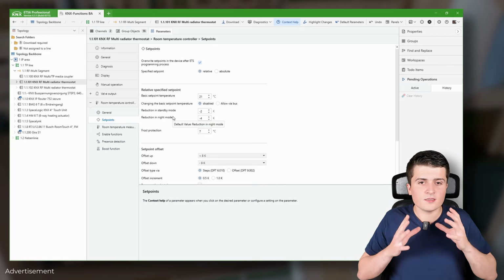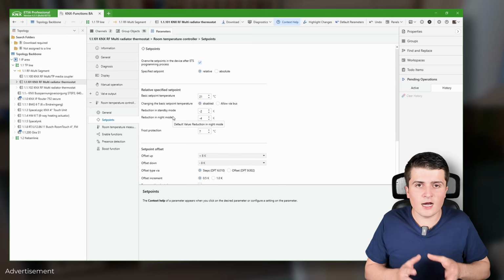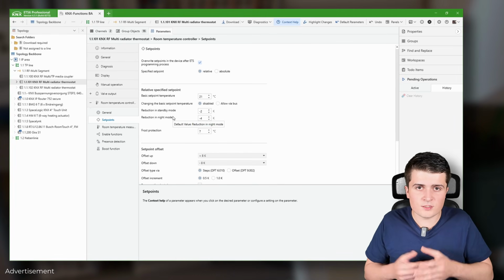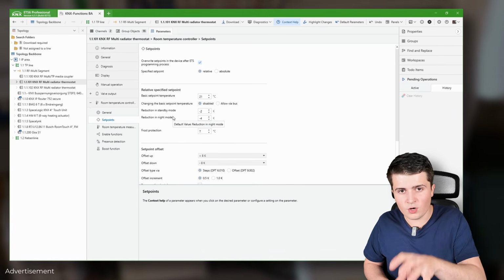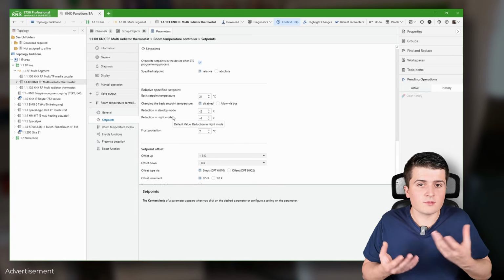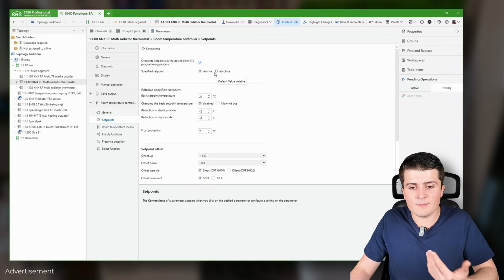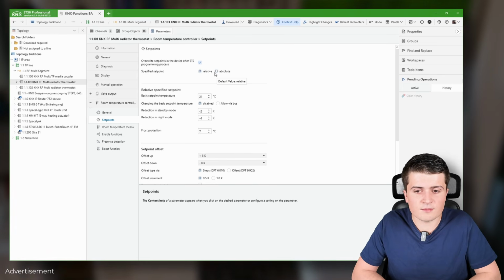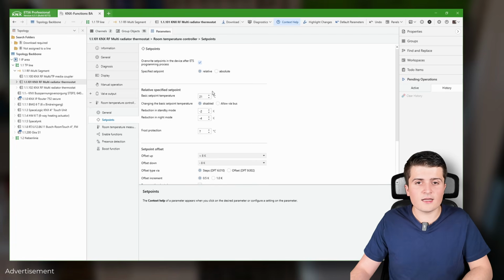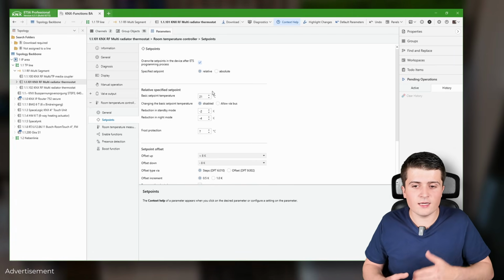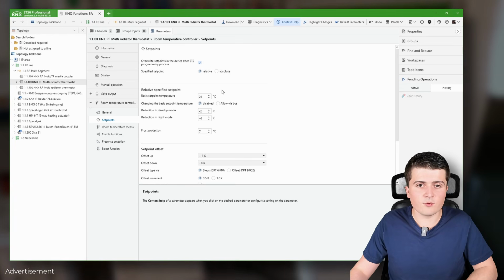Because for a heating system or for a room temperature controller in KNX, we have multiple ways on how we want to specify the set point, specifically when we have other devices like push buttons or visualization that should also be used to set this set point. The two options are relative or absolute set point. The relative set point uses a basic set point temperature, and then via a group object I can specify how many Kelvins I want to have the temperature higher or lower. So I can then say, for example, I want to have it 3